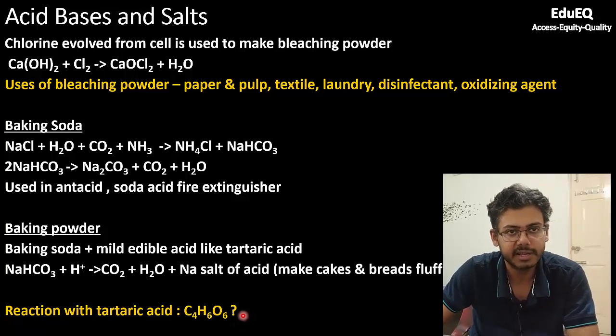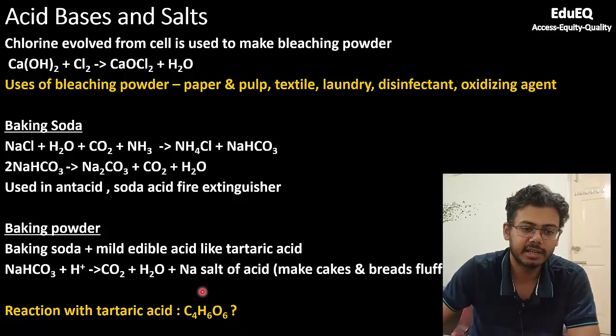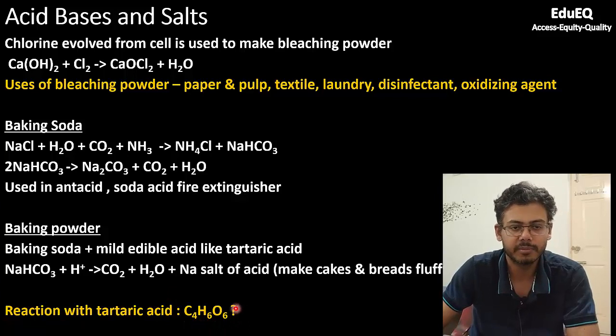But I want you to write this reaction yourself because you have already seen how to write the reactions, and I have also told you the oxidation states. So tartrate would be -1 and sodium is +1. So it's straightforward. There will not be any additional valency. You just have to remove one hydrogen and write sodium in place of that.